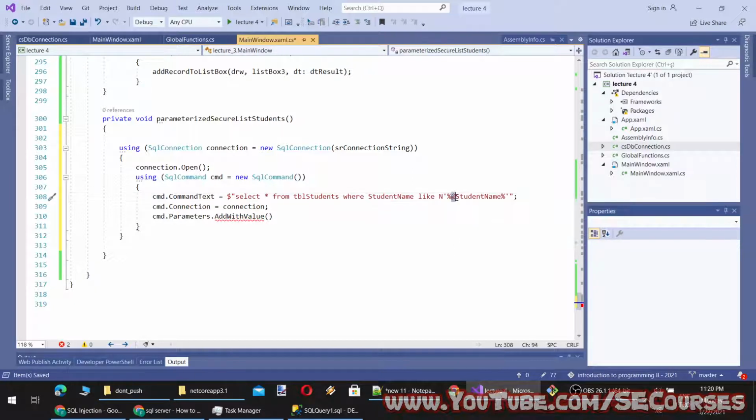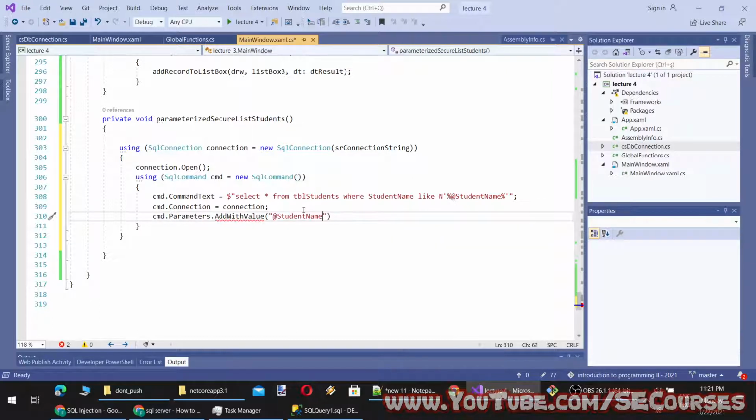This at character is a special character in Microsoft's SQL Server. I think it may also be the same in MySQL. I am not sure, but probably, and also in other T-SQL related database management systems as well, probably. So here, at student name is our parameter name.